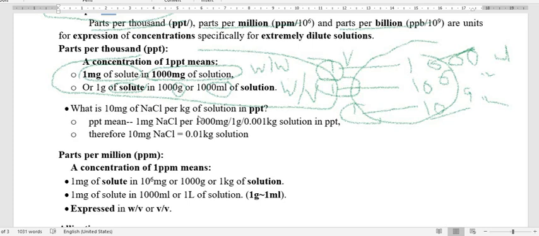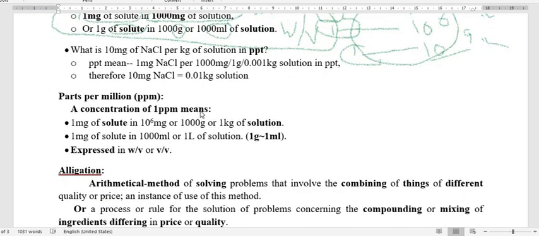If I am asking that prepare 100, what is 100 milligram of sodium chloride per kg of solution in part per thousand? So here I'm asking about part per thousand. Part per thousand means